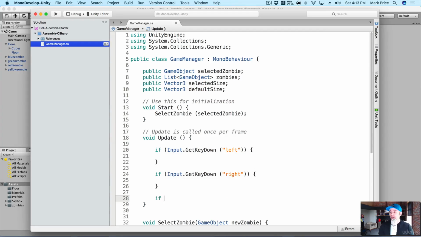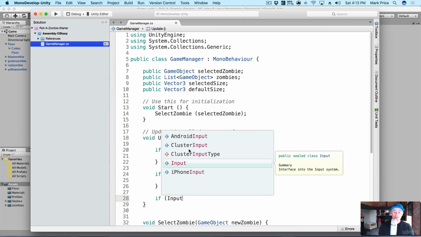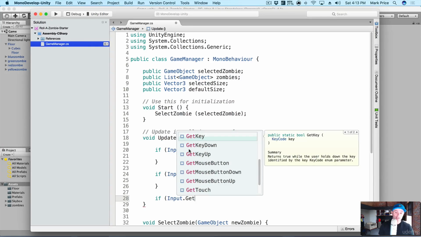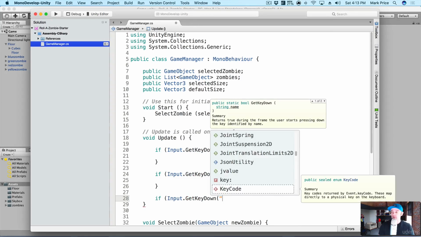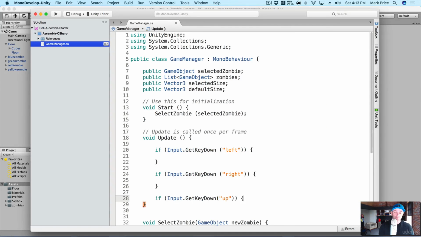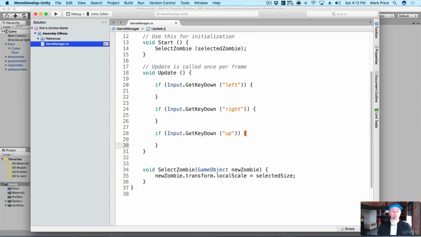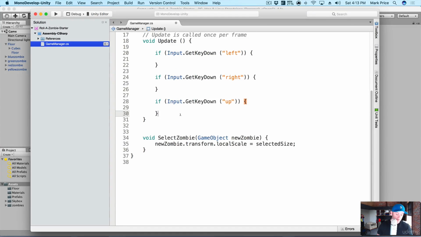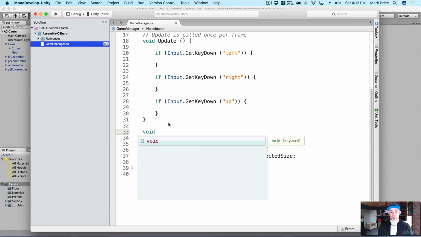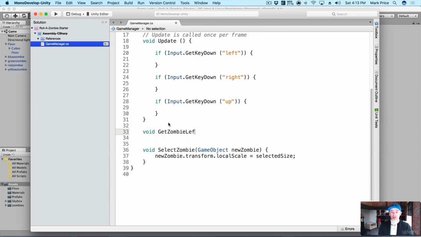We'll do one more. If, because we're also going to need to get the up button, right? So if Input.GetKeyDown, we're going to say up. Then we're going to do 3 different things here based on what key is pressed. Okay, so let's handle the left one first. So another function, void GetZombieLeft,